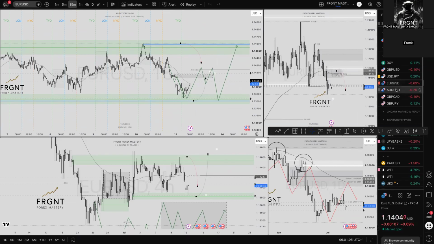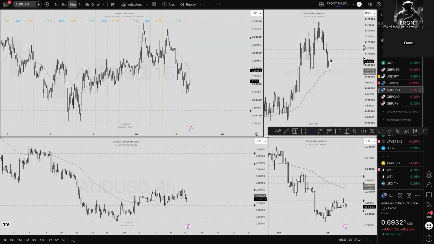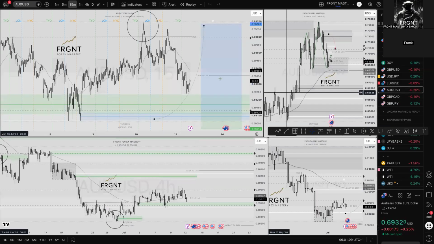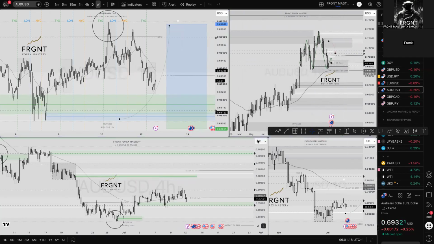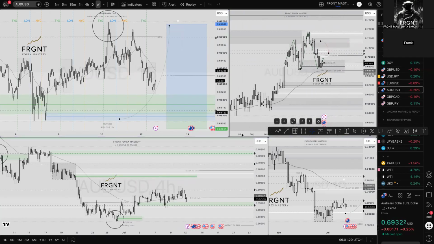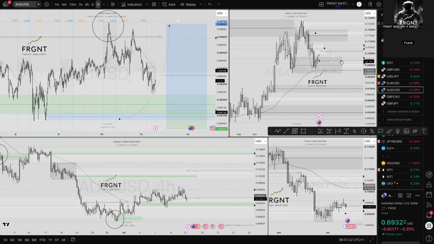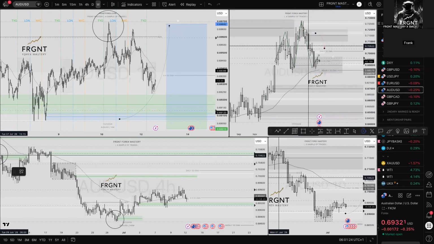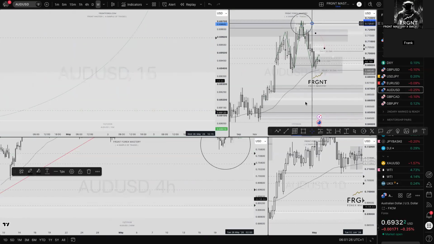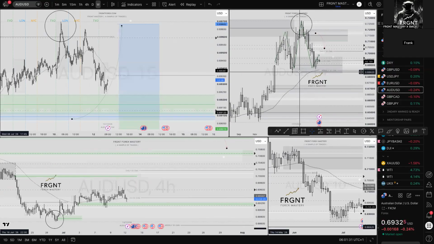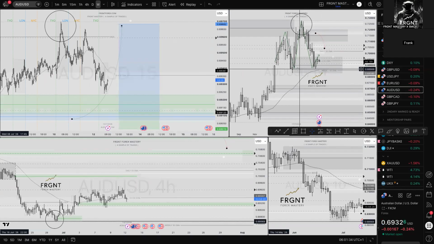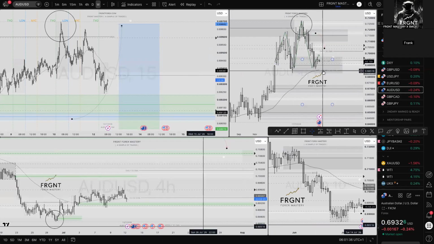AUD US dollar. I think this is a pair that I like. Let's double check. Yeah, considering that's on there already. So, top-down analysis, weekly order block. Why am I using that weekly order block? Can I identify structures? Well, first and foremost, I don't usually seek to identify price action structure on a higher time frame, but when it's obvious like this, I'm using it. There's a high created. Where was that high created from? Here's the high low. Is there an order block there that I can look to manipulate and refine down? I absolutely can. Price action is in that area now.